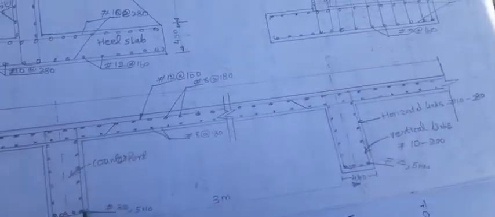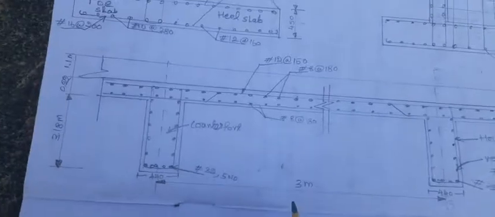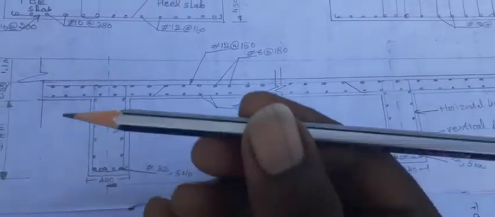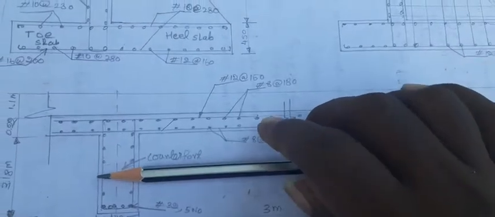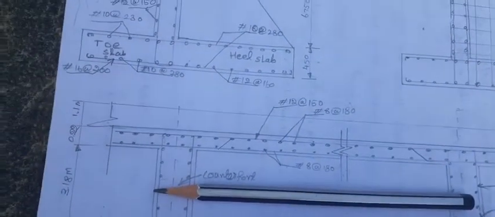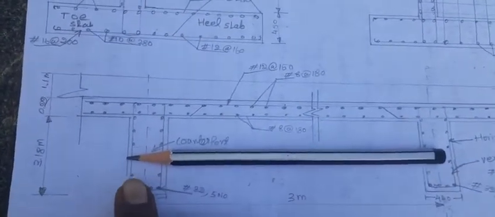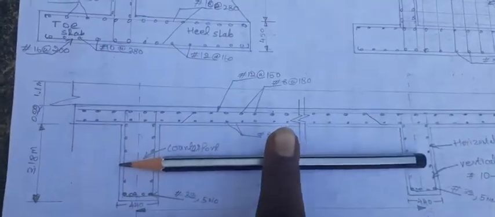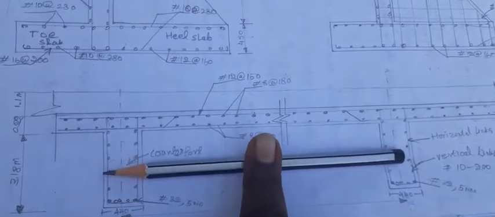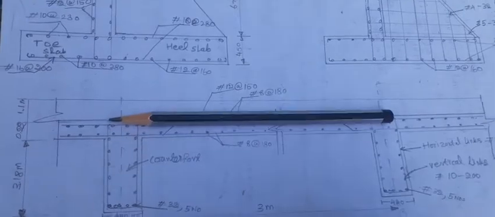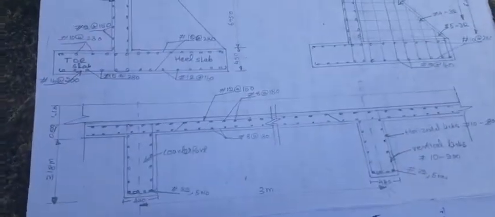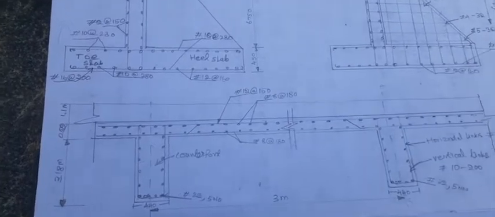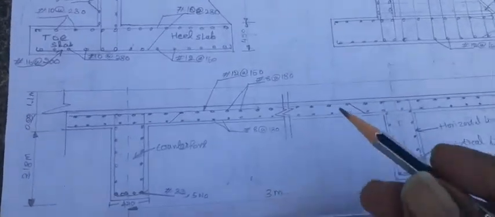So the same thing, the heel slab also bends in this direction. Consider this pencil as the heel slab. Here is one support, here is one support. Between these points I am putting some loads. So it will bend in this direction, from the bottommost direction it will bend. So this is just designed like a slab.